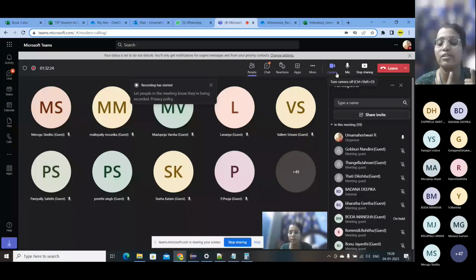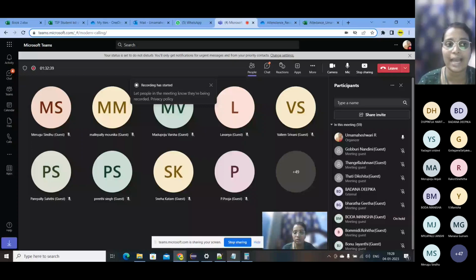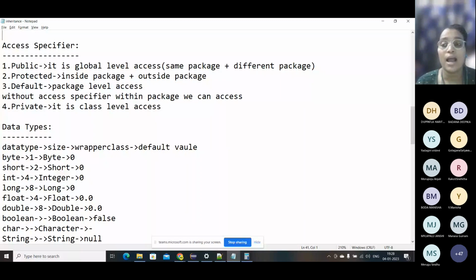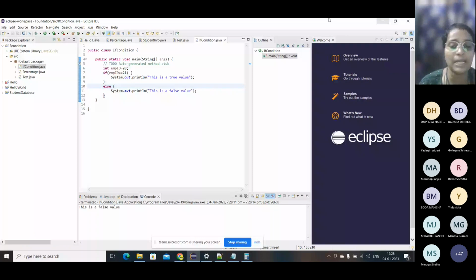So now you know what is inheritance, what are the types of inheritance, and what is data types, and we know what is control statements. So we are seeing that. Okay, and what else we have gone through, and what is a byte ranges, how to calculate it, and we also see some examples on data types, and what is access specifier. Okay, what are the different types of access specifier, why we are using it. And this is a simple example for this one,